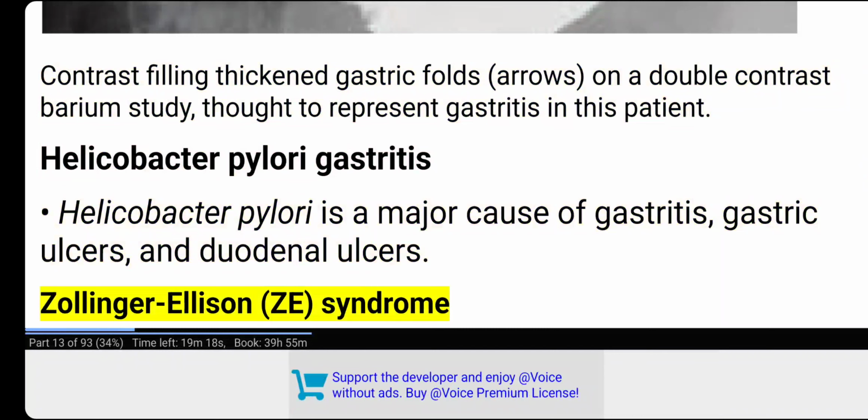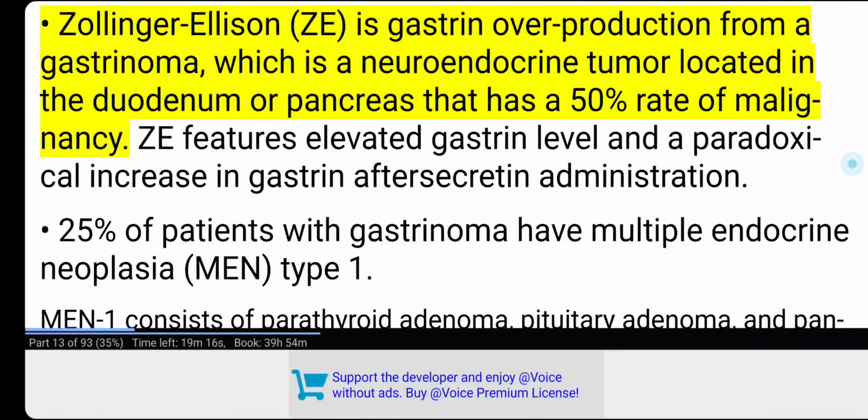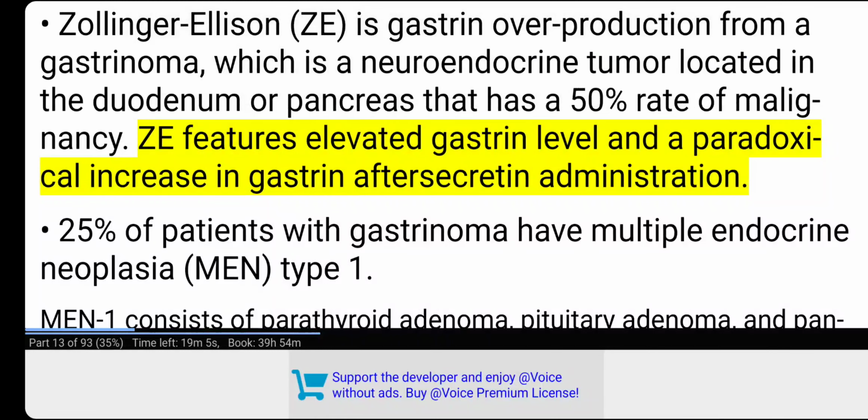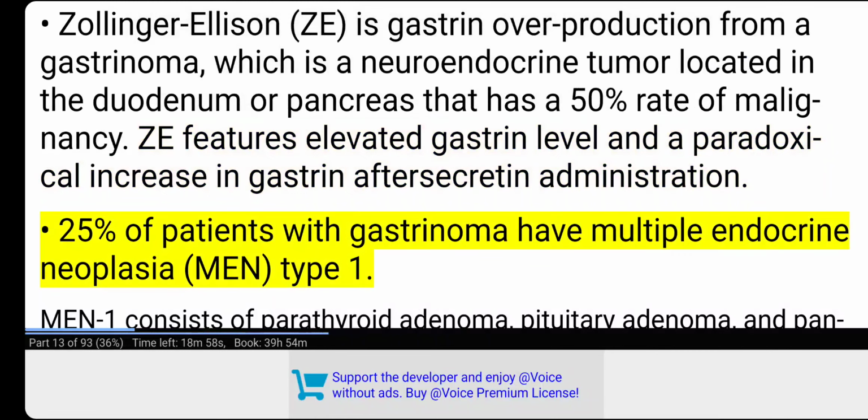Zollinger-Ellison syndrome, ZES. Zollinger-Ellison is gastrin overproduction from a gastrinoma, which is a neuroendocrine tumor located in the duodenum or pancreas that has a 50% rate of malignancy. ZES features elevated gastrin level and a paradoxical increase in gastrin after secretin administration. 25% of patients with gastrinoma